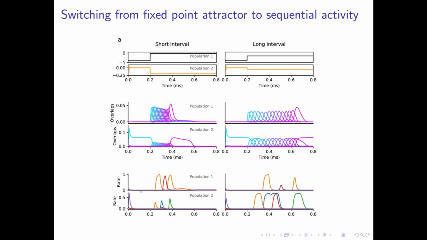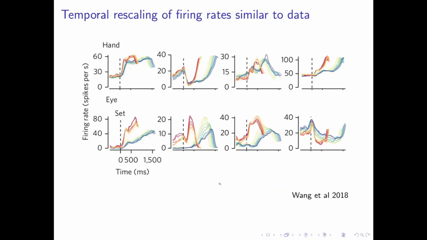And in fact, what you can see here is that when you look at the activity of these neurons when the sequence is retrieved at different speeds, you have an approximate temporal rescaling of the time fields of these neurons. They tend to be broader, but it's not exactly temporal rescaling. You see that this neuron had a higher firing rate for the short interval, but now it's smaller for the long interval. Vice versa, these neurons increase their rates when the sequence is slower.